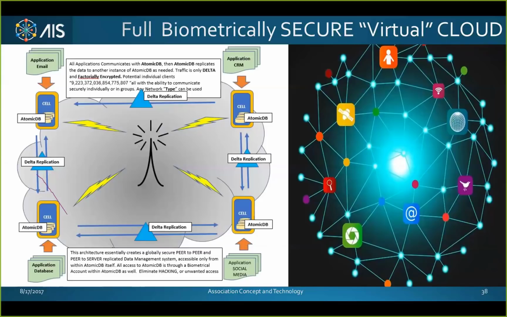No, even a quantum computer would take decades to break. And on top of that, we alter the encryption every 30 days automatically. So it's not something that's going to be broken anytime soon. But the concept is, you can see here, whether it's an email application, a database application, or social media, or CRM, the communication occurs from device to device on a peer-to-peer basis.